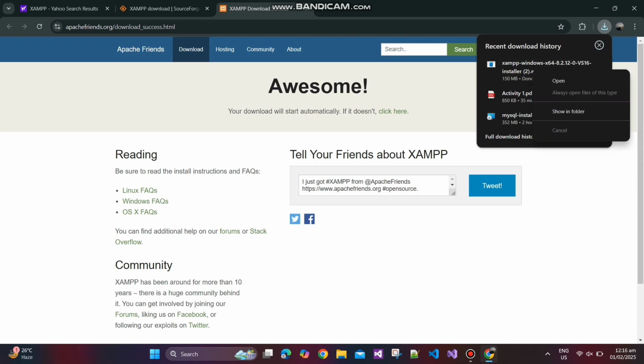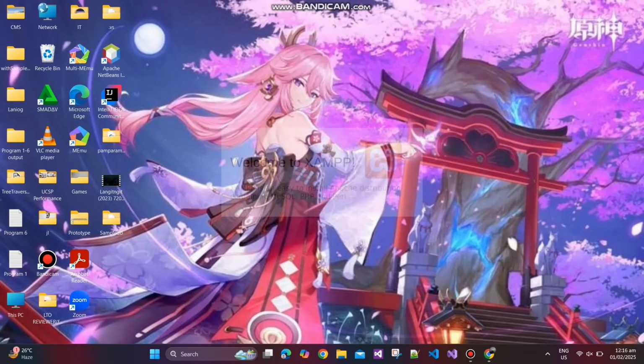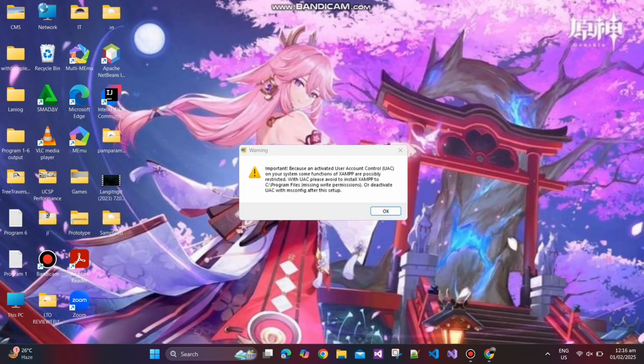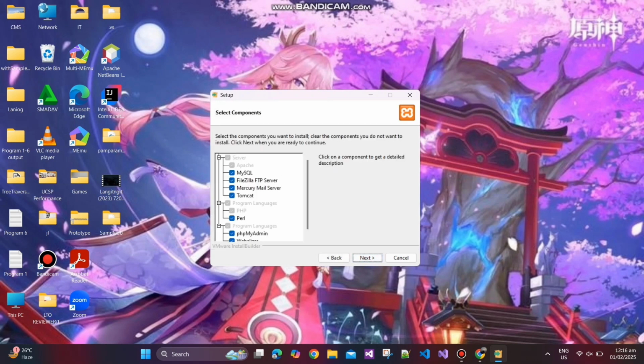The file is finished. So double click the file and then click open. Click OK. As you can see, the setup is complete. Click next.